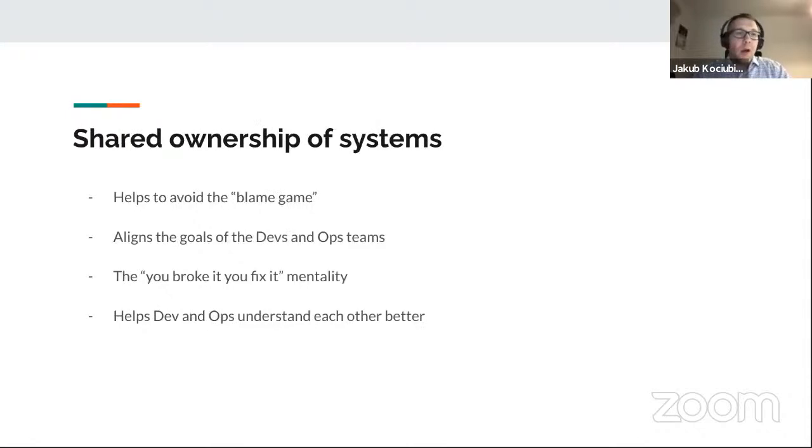What's also important is that the teams share ownership of systems. Important in SRE is that you need to share the systems. It's not that operations are only responsible for incidents. The developers should also be responsible for them. Everyone should share responsibility. This is how you align the values and the incentives in teams.